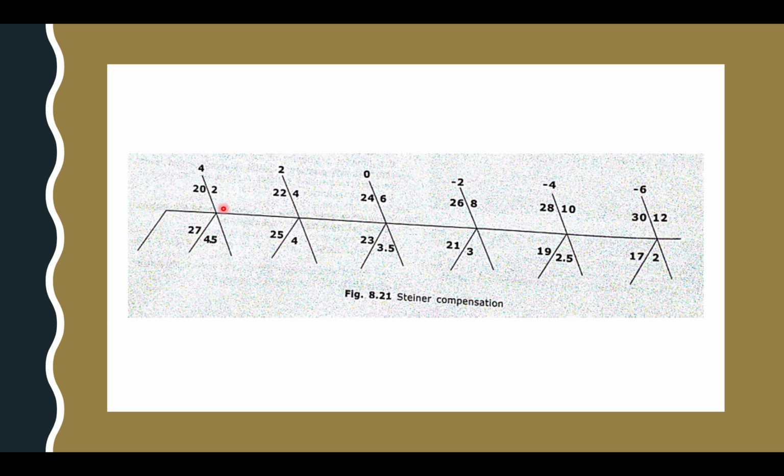So 2 is the normal A and B value, so plus or minus 2 can be compensated with these dental corrections. So these are dental corrections. In Steiner's compromise, if the A and B angle is minus 4, then we have to arrange the upper incisor at a 28 degrees angulation. Okay. So Steiner's compromise consists of the A and B part, that is whether 4, 2, 0; this is the A and B angle.